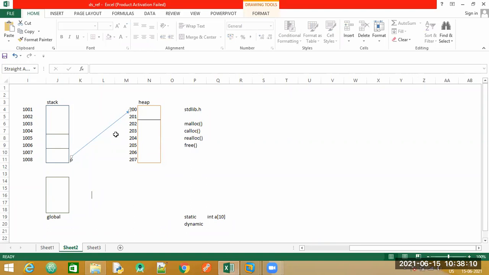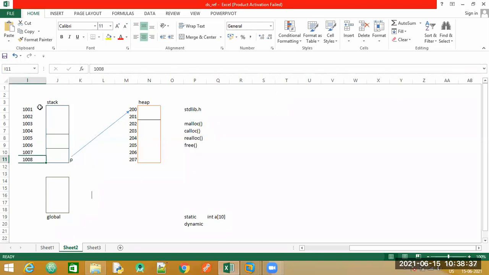Can you tell me what is the address of P? I just want the address of P. At what location is P stored? The variable P. We have done this before. Why are you so confused?